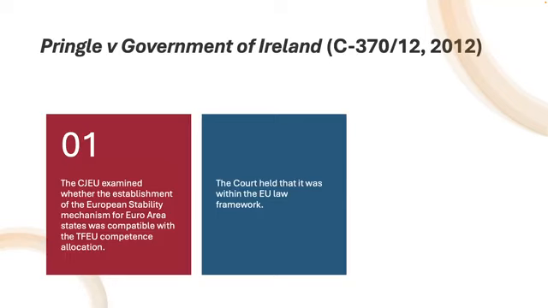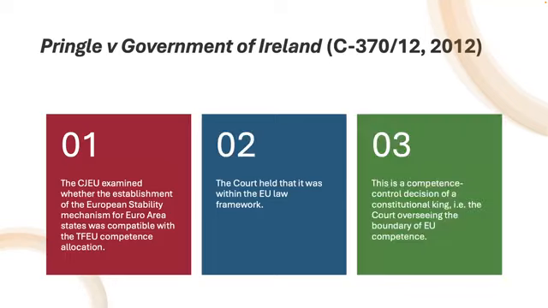But fundamentally, this is an example of competence control and competence control decision-making of a constitutional kind. The court is overseeing the boundaries of the state's competence, essentially. If we were to just for a second think of the EU as a state, we would be looking at the court's judicial review of state competence, of state authority, and that is very constitutional in nature. So it provides us with an interesting feature of the EU as a constitutional order.